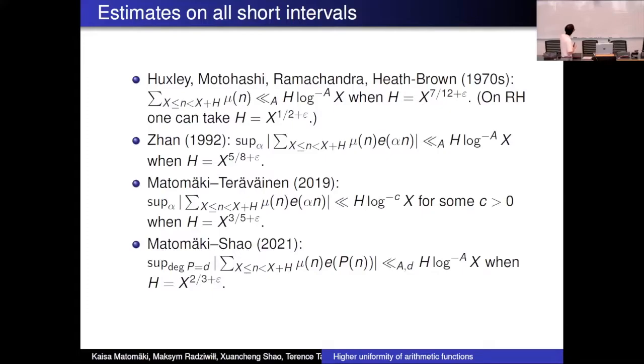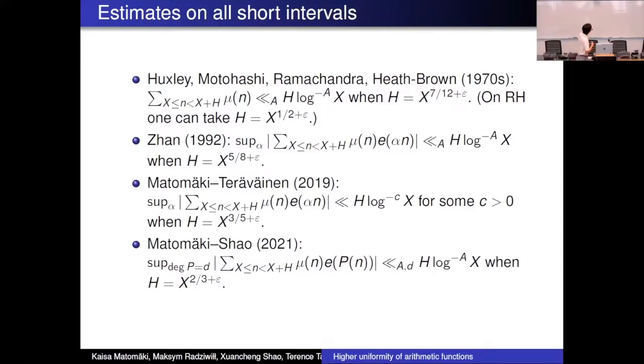We've not been able to improve this 5/8 with this bound, but a few years ago, Matomaki and Yoni were able to get some bound. So you can lower 5/8 to 3/5, 0.6, which is a little bit lower. But the price you pay is that you don't save an arbitrary power of log x. You now only save a small power of log x. In fact, I think they can even save up to almost a full power of log. It's because there's a trick to restrict to well-factorable numbers, and then the decompositions get a little bit more favorable.